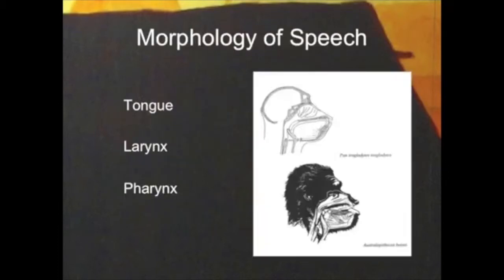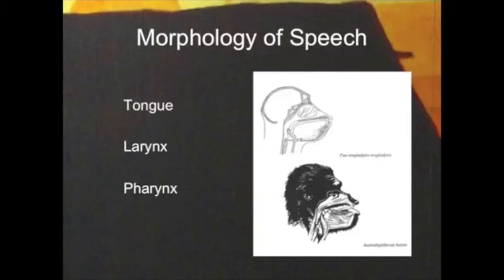Let's take a closer look now at the physical features that are required for complex speech. And when I say complex speech, what I'm saying is to really accomplish in a very formal and repetitive manner the wide range of speech sounds that are employed in human linguistic traditions. So let's look at the morphology of human speech. We'll start with the larynx, and we're going to touch upon all three of these areas here, but let's focus for a moment on the larynx. And I will be speaking to the image along the right hand side of this particular slide.